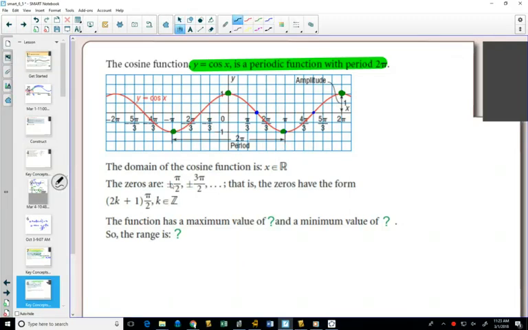To start off with that pattern, can you see that your zeros, if we were allowed to use words, were always an odd number times pi over 2? Does that make sense? Unfortunately, mathematically, they don't like you writing words. We need to come up with a mathematical way to write an odd number. So how do we write an odd number? Well, if you take any integer, like 1, 2, 3, 4, 5, or negative ones,